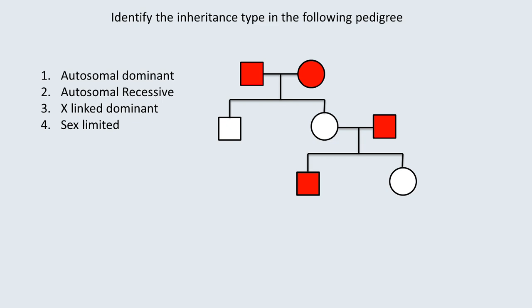So the pedigree diagram is in this particular manner. In the first generation, both male and female are affected. In the second generation, no individual is affected. Both the male and female are healthy, but the female is married to a male who is affected. As a result, the third generation male is affected, but the female is completely healthy.